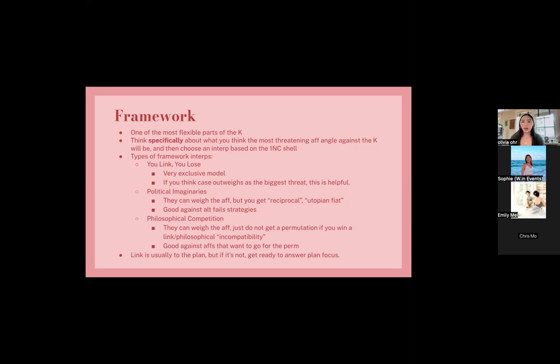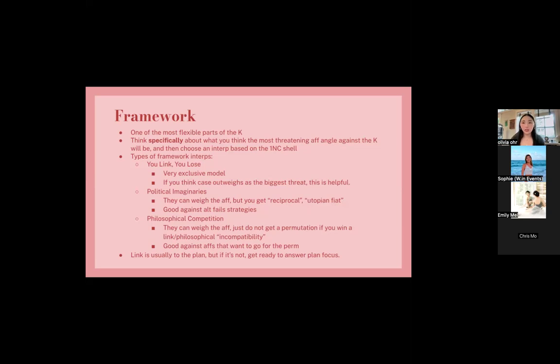So this means that you have to spend a lot less time explaining defense to 1AR framework arguments, and you can allocate time elsewhere, which is helpful because framework is not really the most important part of the CapK, or definitely it's not utilizing the CapK strengths to the degree that I think is strategic. So the link to the CapK is usually to the plan. Like the last two cards that I shared, those are pretty specific links to the plan.